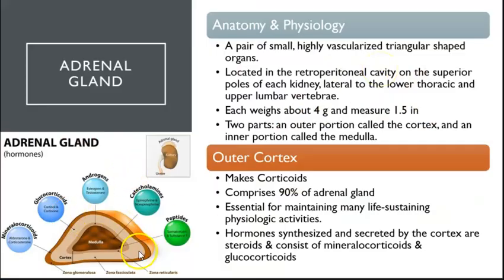So we see the layers down here of the adrenal gland. If we're going to focus on cortisol, we're going to focus on this nice little pink layer. That is the cortex for cortisol. Now, if you look over here, it also does your mineralocorticoids, so that's your aldosterone, your glucocorticoids, so your cortisol, your androgens, so your estrogen, testosterone, your catecholamines, epinephrine, norepinephrine, and then your growth hormones.